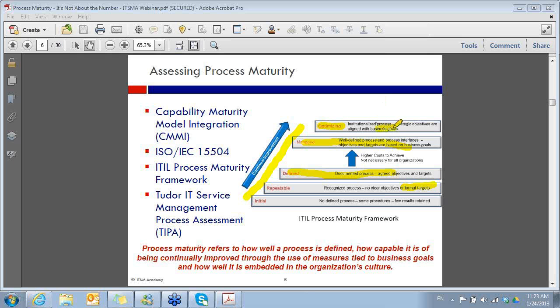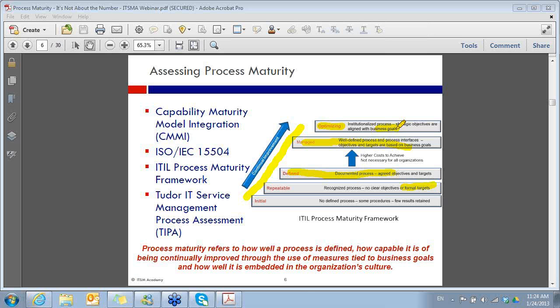So an example I always like to use is, you know, change management is one of those processes. It's notoriously bureaucratic in organizations. I always tell people, if your processes are bureaucratic, it's because you made it that way. Because really, ITIL gives you all kinds of guidance on how to make your processes scalable. So if you have this really somewhat cumbersome and bureaucratic change management process, and what your business is saying is, we need to be more agile, and we need to focus on moving more quickly and time to market and those types of characteristics, you're clearly out of sync with the goals of your organization.